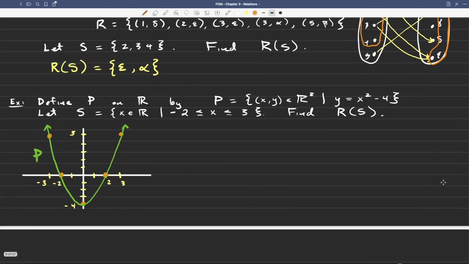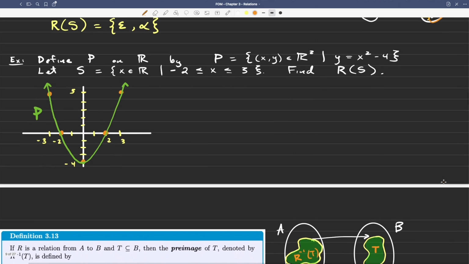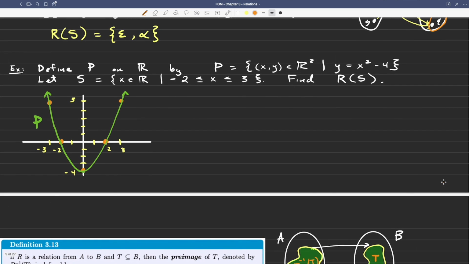So now let's see if we can think about it in less of a toy example with this parabola here. So this is that same parabola that we did before. We know this parabola P in green here is a relation on R. And now the set S that I'm going to look at, that's a subset of my domain, is the interval from -2 to 3. Since I'm thinking about S as being a subset of the domain bubble, the A set, if you will, that'll be on the x-axis of this picture. So think about S as being like here